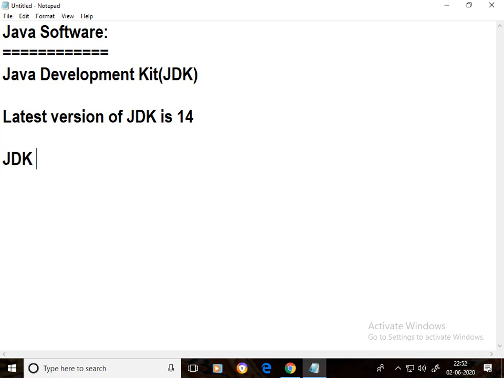JDK 14 was released in March 2020. This information we can see on the internet.